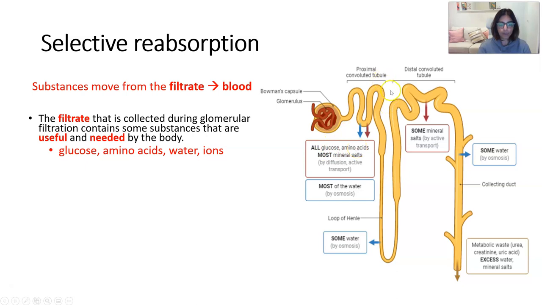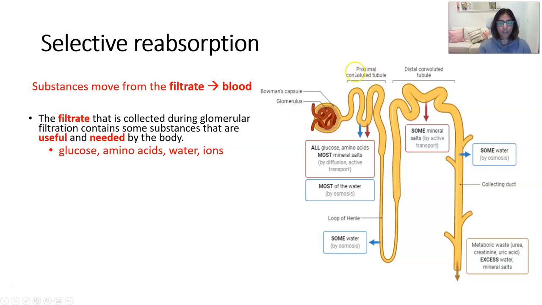So the first part of the nephron where we have the opportunity to do that is the proximal convoluted tubule. And these arrows are just signaling that these substances are leaving the nephron and they're going back into the bloodstream. And they are needed because they are essential to functioning of our bodies. They are useful to us. So just to summarize,